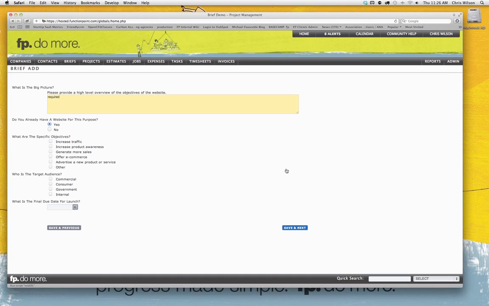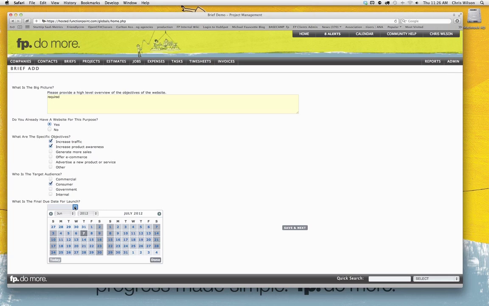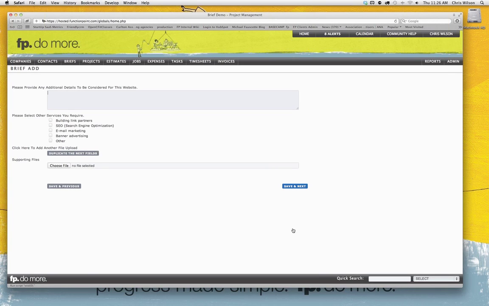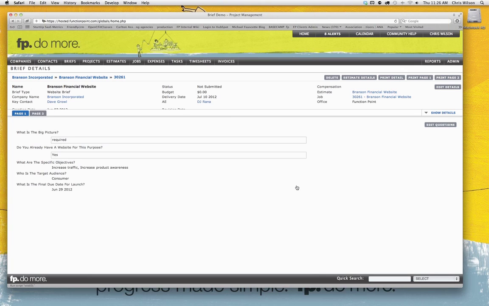A required field in orange. So again, I won't go in creating large descriptions. Again, what are the objectives with checkboxes, radio buttons, and in this case, showing what is a desired launch date for this particular piece of work. Save and Next. If a second page exists, it takes us to that second page. Again, notice this field is not in orange, showing that it is not a required field. Additional info is optional. Again, the other radio buttons, being able to duplicate for uploading of files, and saving and driving to the detail page for this item.